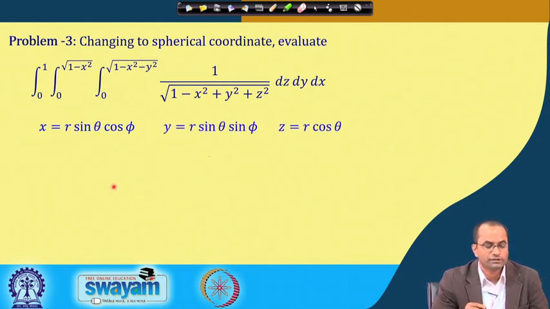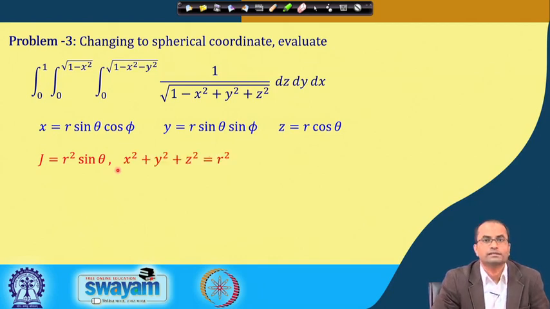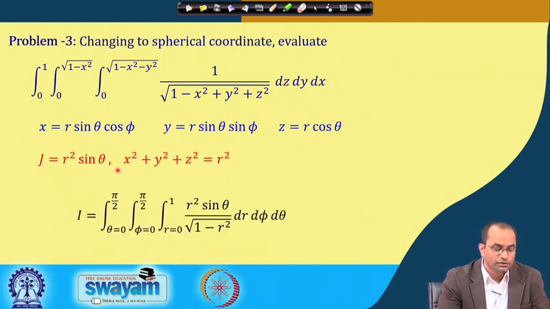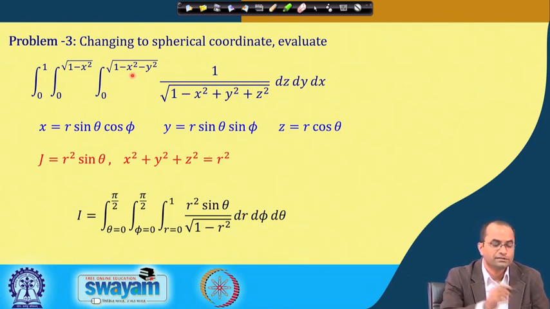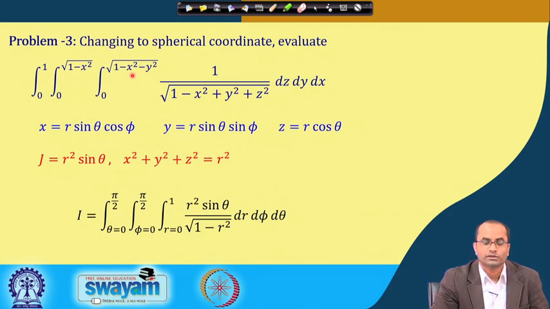So, x is equal to r sin phi cos theta, y is equal to r sin phi sin theta, and z is equal to r cos phi. The Jacobian will be r square sin theta, and again this relation. So, now this integral will be converted to this integral. So, we have this Jacobian term, we have 1 over square root 1 minus r square, and then dr d phi d theta. So, now for r, the limits of r are always from 0 to that sphere. So, the distance from origin to that sphere is constant, that is the radius of this sphere, because the sphere has the center 0 and radius 1.